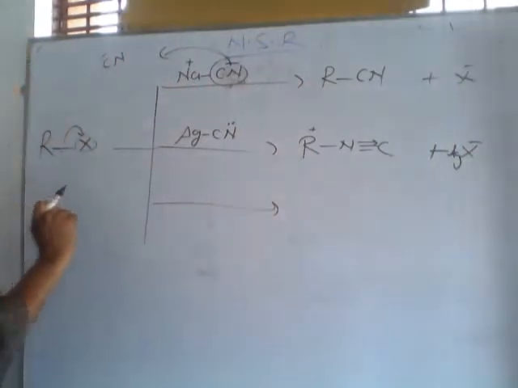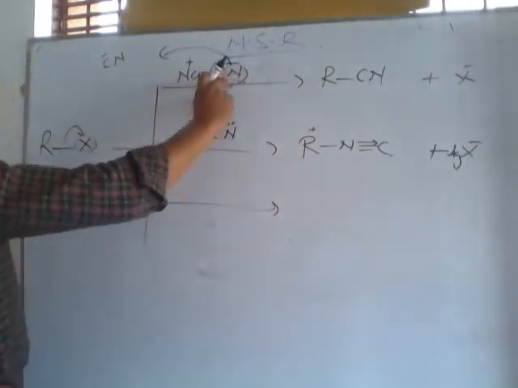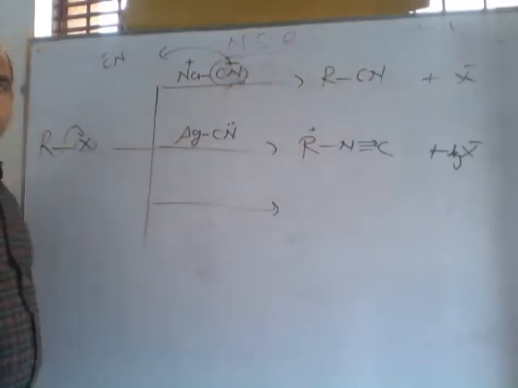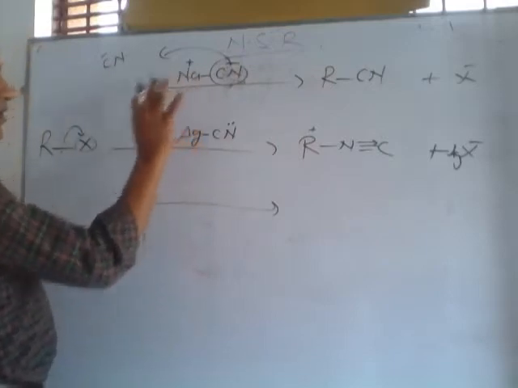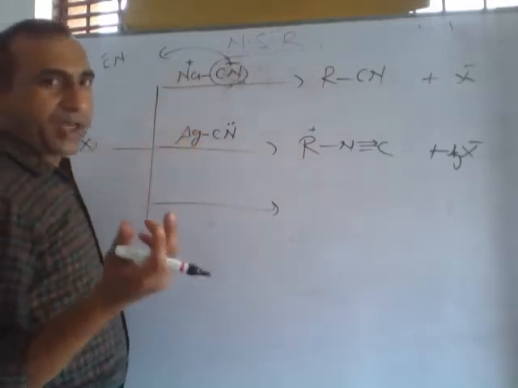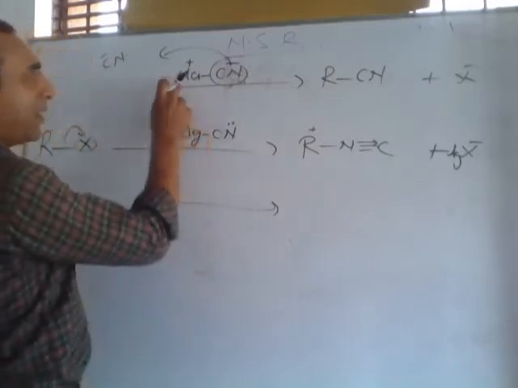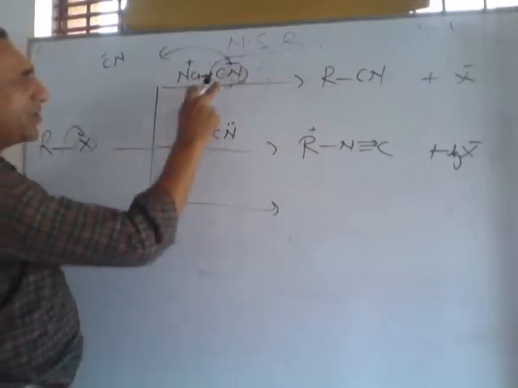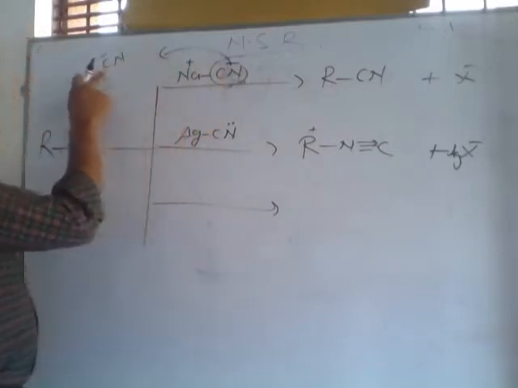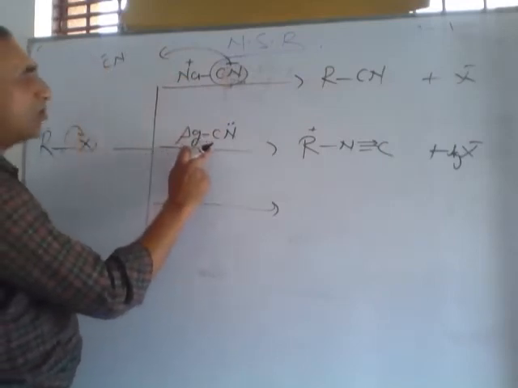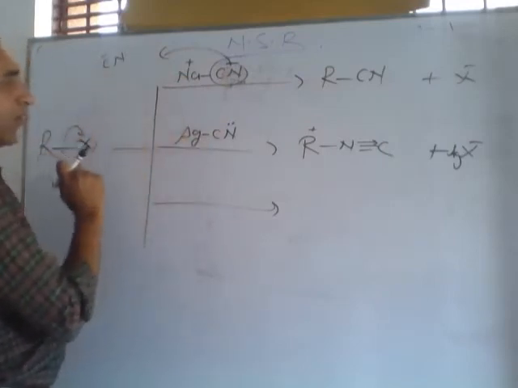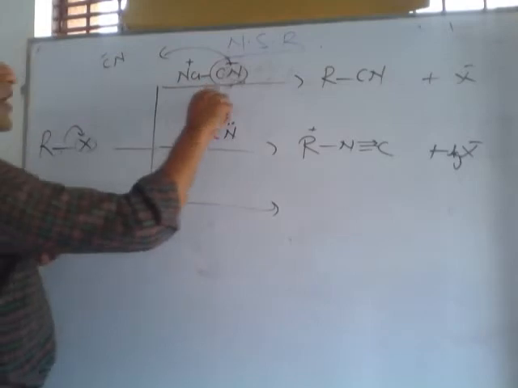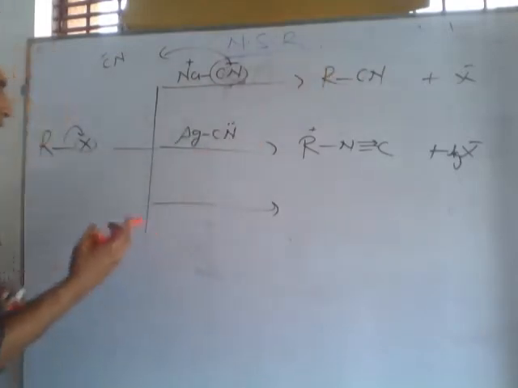So in the exam they ask why sodium cyanide gives RCN but AgCN gives RNC. It is due to their ionic and covalent nature between the metal and CN. So NaCN is an ionic compound, and AgCN is a covalent compound. NaCN is able to ionize and gives CN minus as a nucleophile, but AgCN is unable to provide it. So these two are nucleophilic substitution reactions. In these reactions, the halogen is replaced by another nucleophile, a negative species.